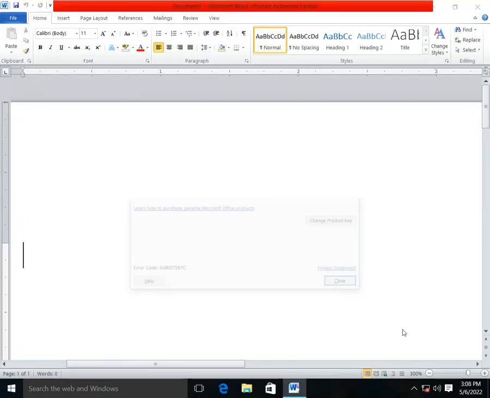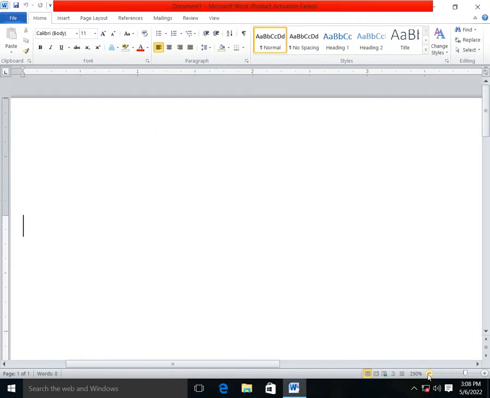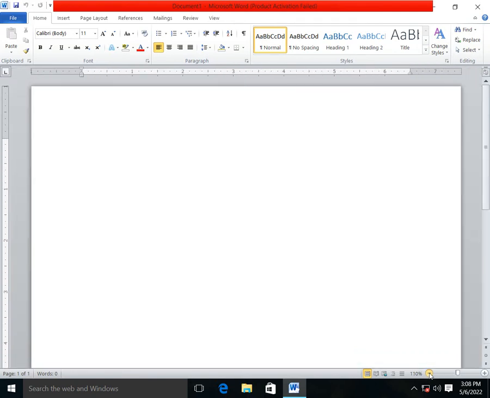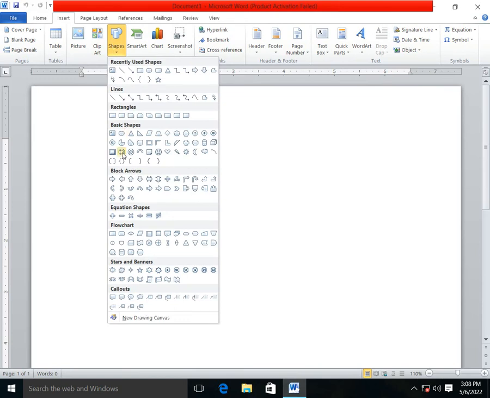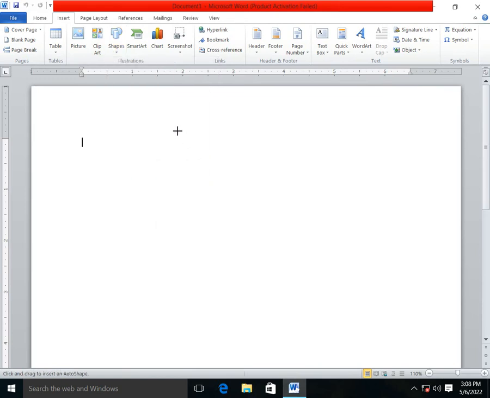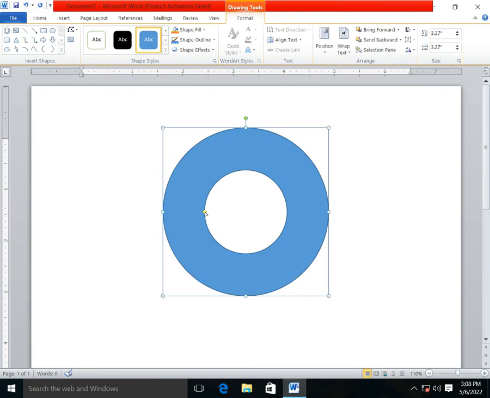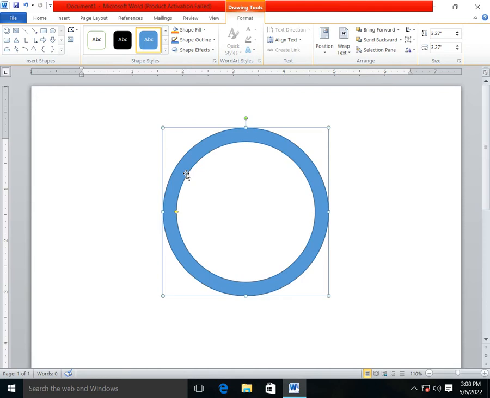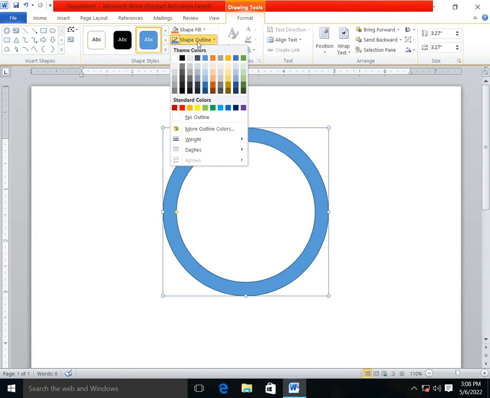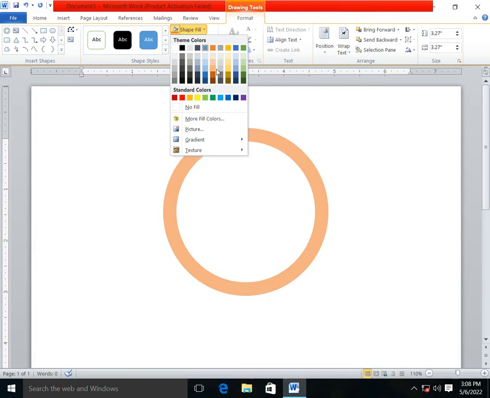First of all, I will open MS Word. After opening MS Word, I will click on Insert, go to Shapes and select Donut and draw it with the help of the Shift key in this way. After it, I will click on this yellow button to drag it inside such a way. After it, I will go to Format, click on Shape Outline and select No Outline, and I will choose color,